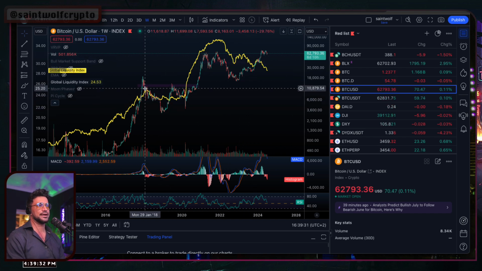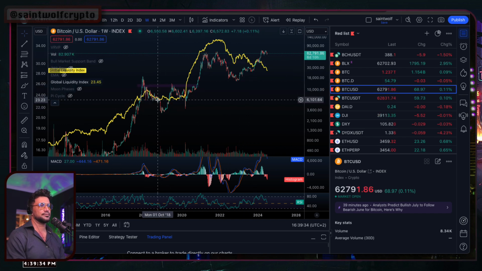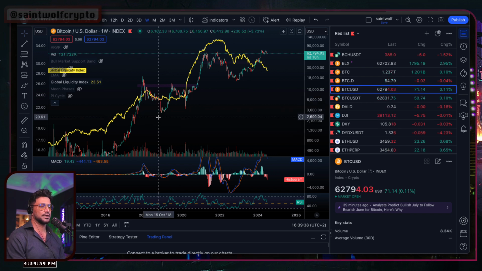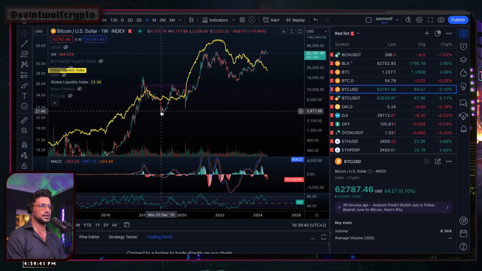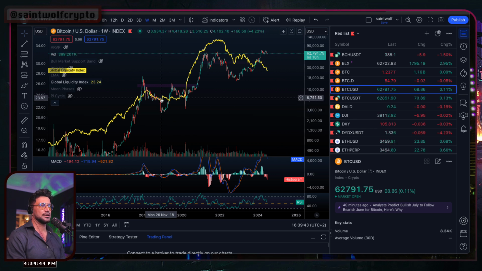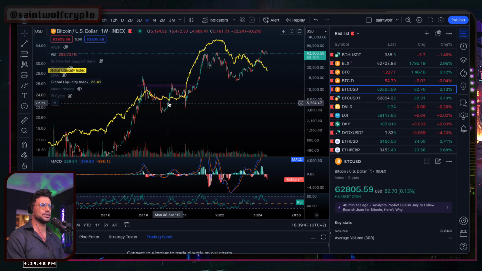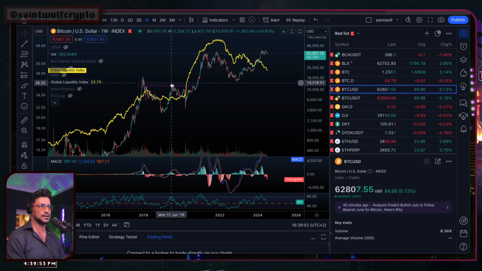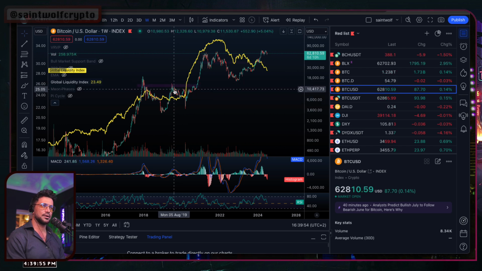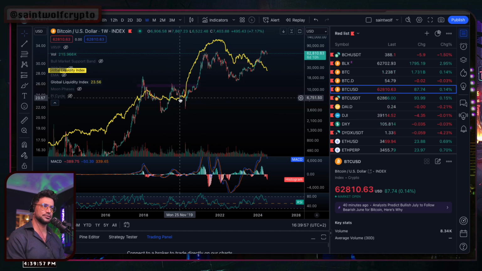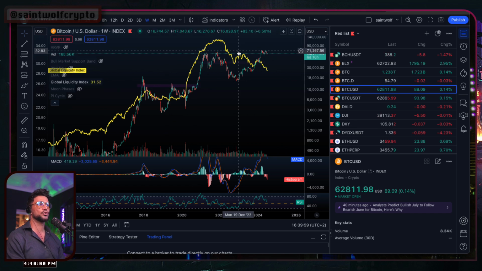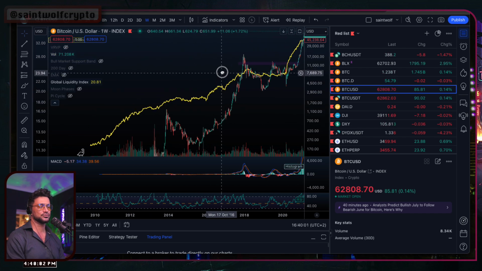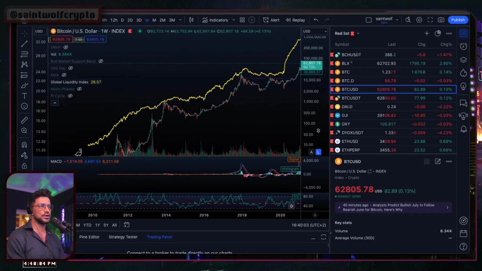Now, it did diverge to the downside. So, for example, with Bitcoin here in 2018, there was a big dump. After this bear market, it dumped and halved again. GLI stayed consistent, and Bitcoin rose very quickly to meet it. Same thing on the upside: when it rises very quickly, it'll come down very impulsively to meet the GLI. So the GLI is more stable for sure, because it's an aggregate of so many things in the equation.